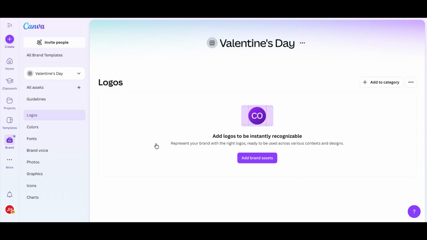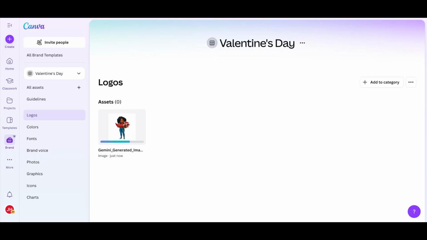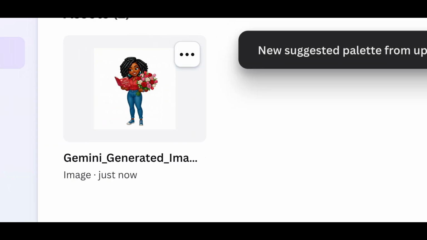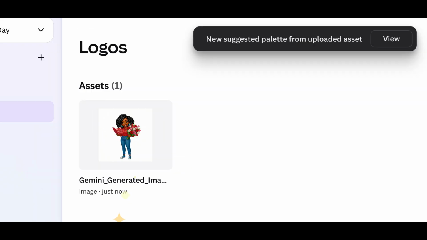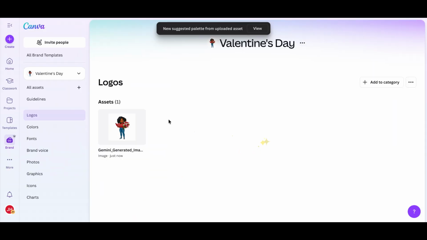So let's go with logo. You're going to come here to add brand assets. All right, I want to upload a brand asset. So here's my logo for Valentine's Day. So if we make this a little bigger, when I'm creating images, I may want to use that. All right. Another thing that I want to add,